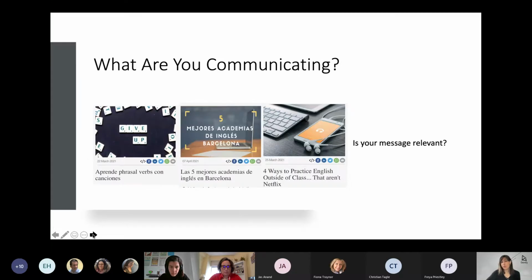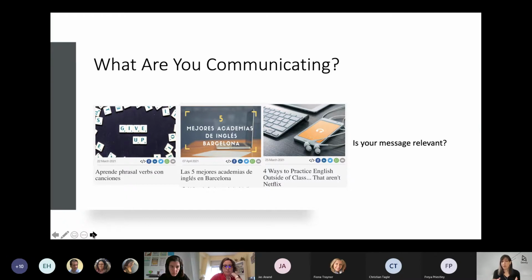So what are you communicating, and is your message relevant? Here is where you have to work a little bit, because as I said, the content is great, but we have to perfect maybe that message, that headline that will make a difference. Be even disruptive. Don't be afraid. I sometimes see a very good opportunity, but we have to catch the attention. So what is your message? What is it that you're saying? Work a little bit on it.